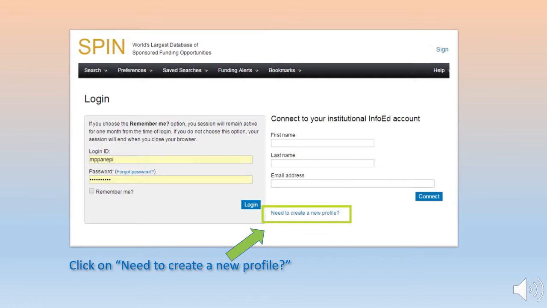If you already have an account, you simply log in with your login ID and password. If you would like to set up an account, fill in your profile information and click Save. You'll receive an email confirmation of your request. The director of the Office of Sponsored Research will create an account for you, and you should be able to